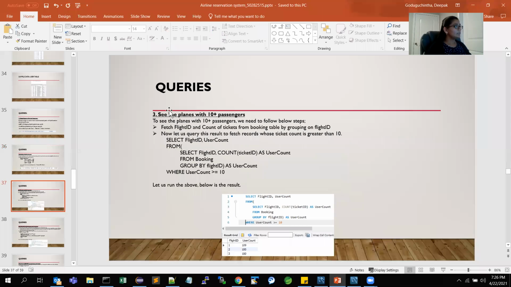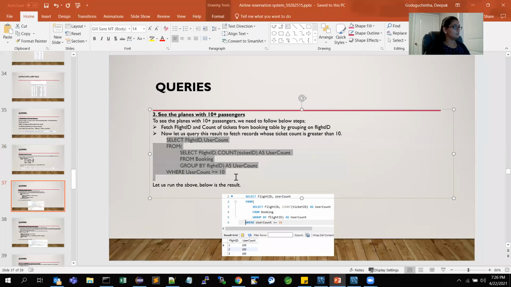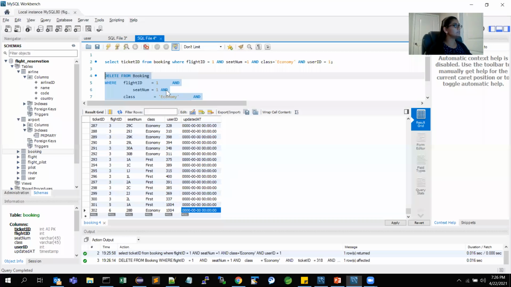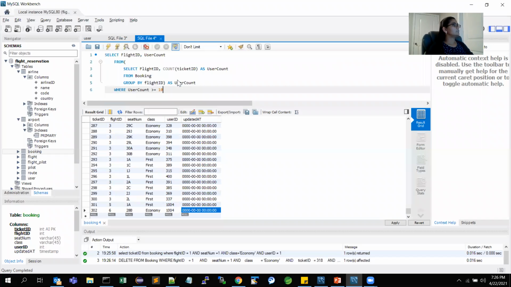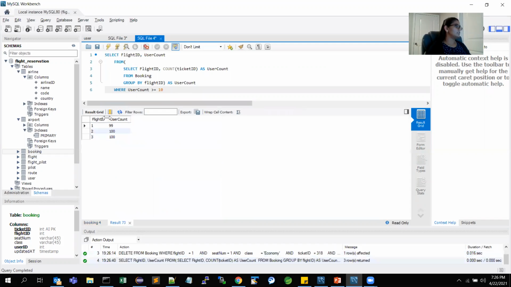The third query is to see the planes with 10 plus passengers. So copying this query. So now let's run this. And as you can see, this is the flight ID and the user count which is greater than or equals to 10.